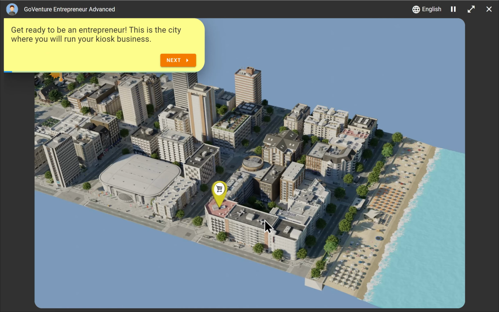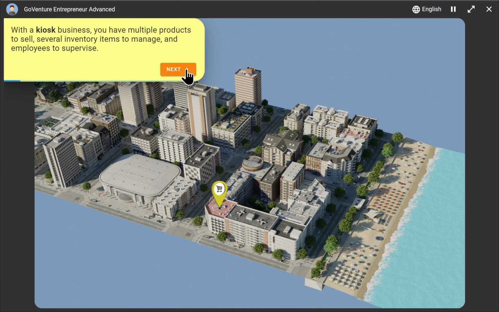When we start the lemonade stand, the kiosk business and the full business, we're provided with a short walkthrough tutorial that just gets us set up with the business. So let's go ahead and walk through this. We're going to be in our new city here. If you've played the lemonade stand first, which we always recommend, it's not only a great introduction to business, but it also serves as a tutorial for the kiosk and then eventually the full business. It's all designed to be progressively more detailed as you go.